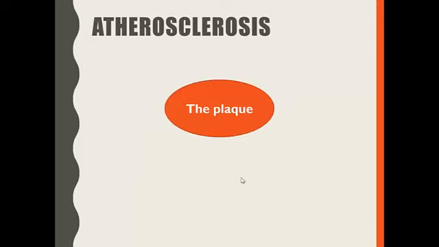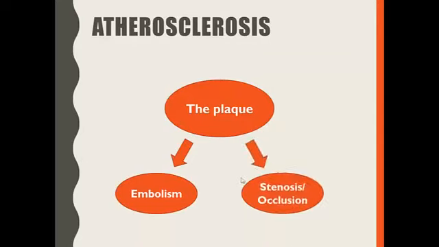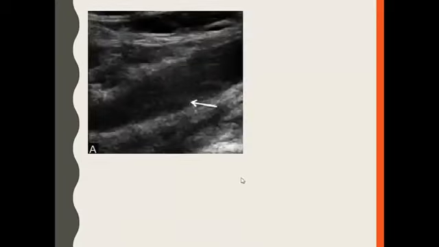And the plaque has two main fates. It may fragment and detach, forming a distal embolism, or may increase in size, forming stenosis, and later on occlusion of the vessel. The first way to find out about the plaque is by ultrasound. It's an easy way to diagnose and